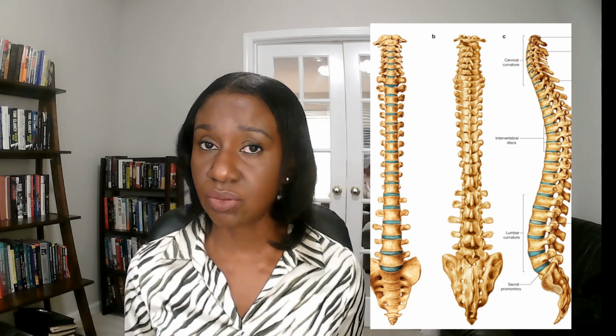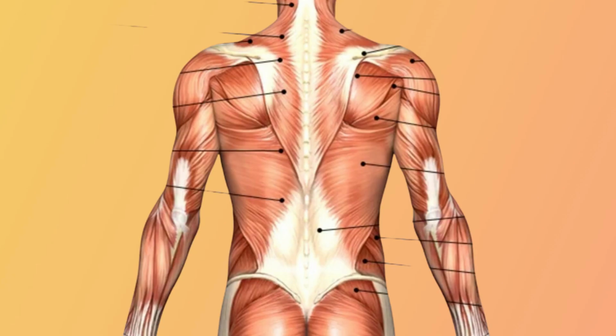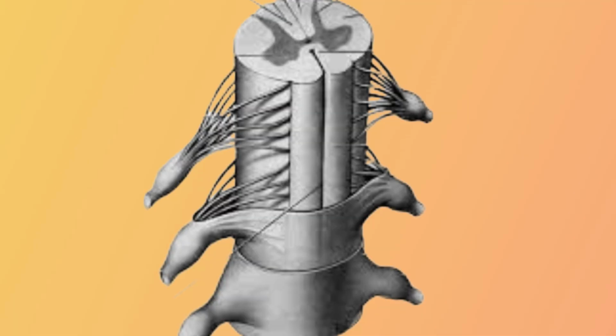Now, supporting these structures are what we call ligaments and muscles, which actually form the core of the body. The muscles are inserted onto the bones via what are called tendons. The bones that stack on one another, supported by these structures, form what is called the vertebral column. And in the center of the vertebral column is the spinal cord. Emerging from the spinal cord are spinal nerves, which distribute to various parts of the body. So, in summary, there are bones, ligaments, tendons, muscles, and the neural components consisting of the spinal cord and emerging nerves.